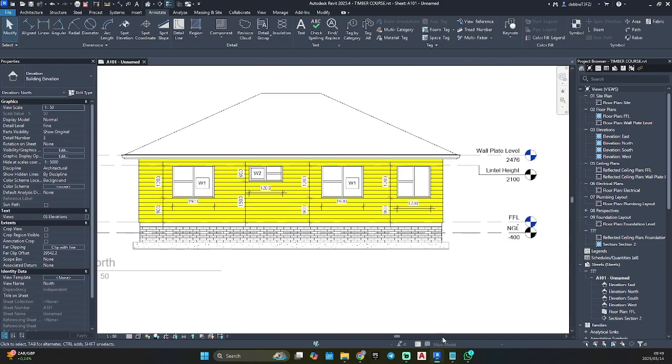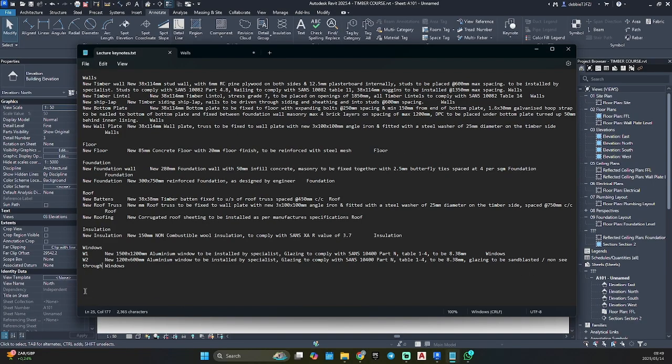Okay, so window 3, just gonna go back here, paste it again, the 3, save.